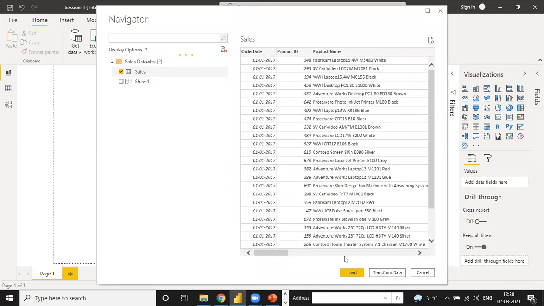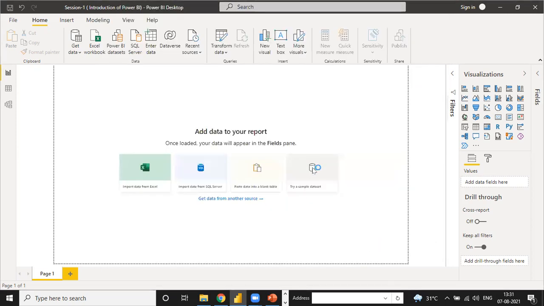There are options: Transform Data, Load Data, and Cancel. If you don't need to pull out this report, you can click Cancel. If you need this report and want to make changes to some columns or rows, you can choose Transform Data. And if you don't need to change anything, you can directly load the data. So our second step is transform, and load is also a second step. But right now I move to transform.